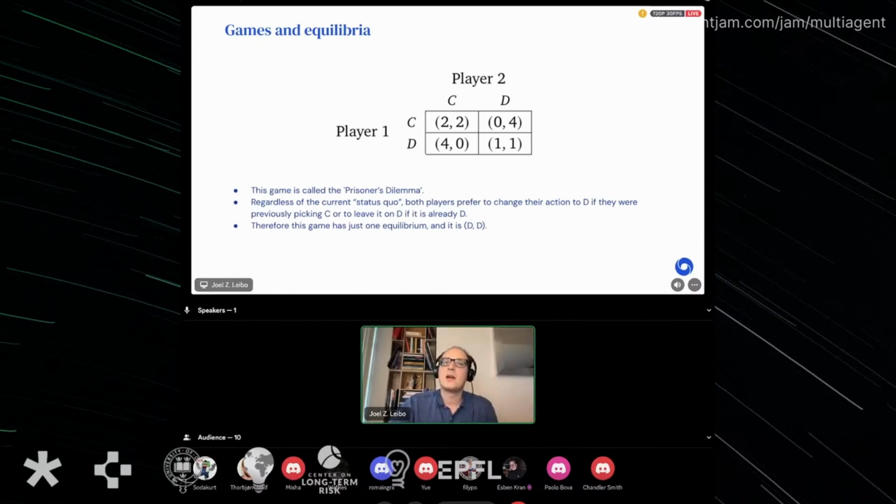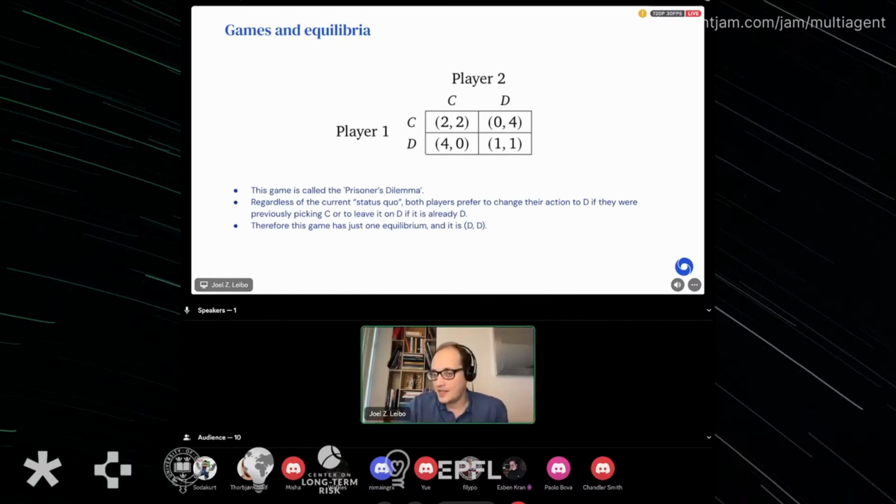Okay. And so the way game theorists think about games in this representation, or at least one way to think about it, is you can imagine a certain status quo. Let's say currently both players are playing action C. So they're in the upper left corner of the matrix, and they're both getting a reward of 2.